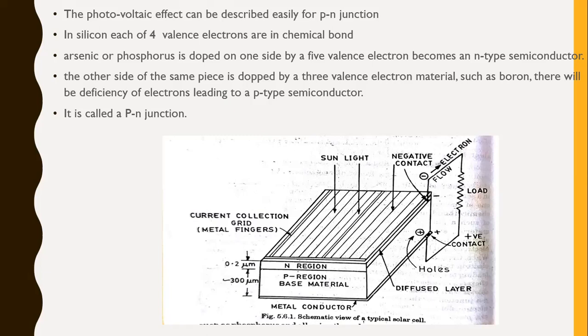Okay, so this diffusion, this tending to flow, creates an electric field EF from the N region to the P region. This field will increase until it reaches an equilibrium value VE. So this diffusion, this transfer of holes and electrons, will end when they reach the equilibrium position VE.